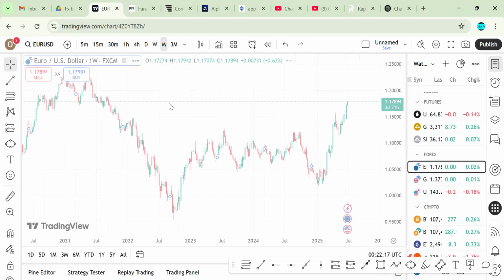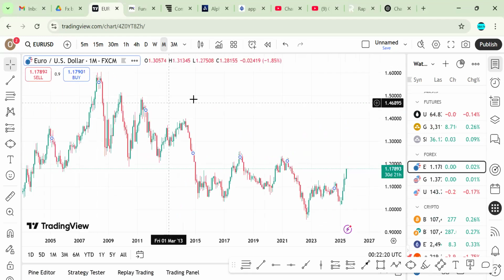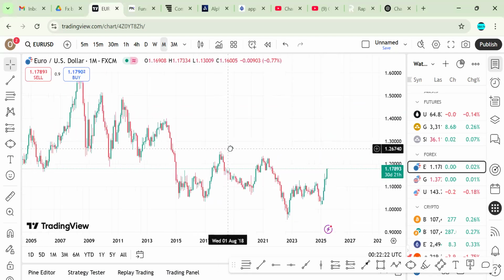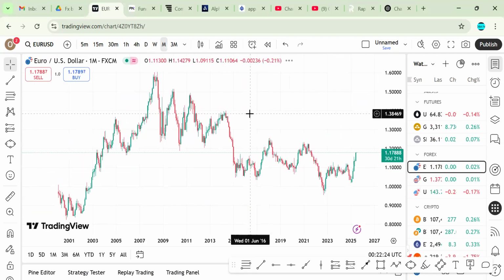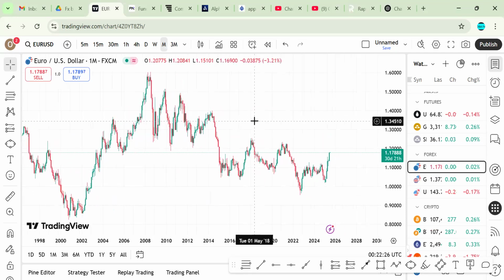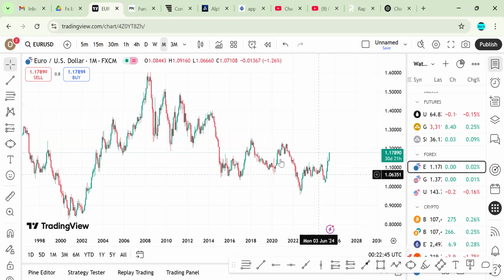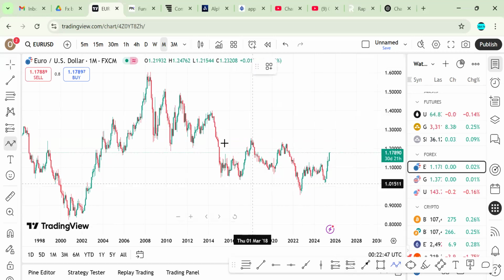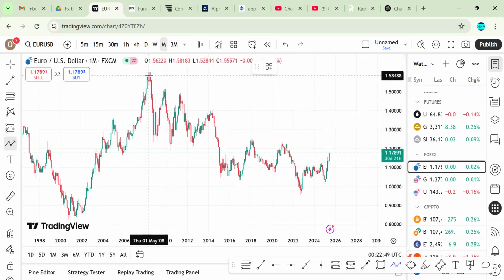I always start my analysis from either the monthly or the weekly time frame to get a general overview of the market. Now, just by merely looking at the graph before us, the first thing would be to note the direction of the market. What has the market been doing? I wouldn't want to go as far back as the 1970s, not to bore us with all sorts of analysis. But from merely looking at this, we can see that the Euro USD starting from, let's say,